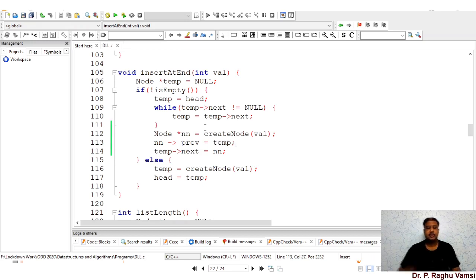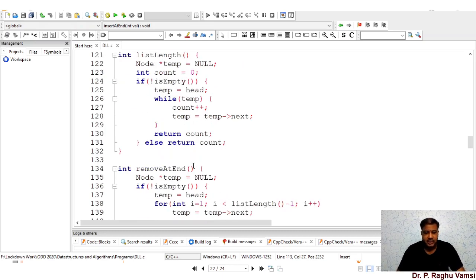Thereby the newly created node's previous will be pointing to the last node but one, and the last node's next will point to the newly created node. So this is with a simple one additional statement over here. The inserting at end is over.